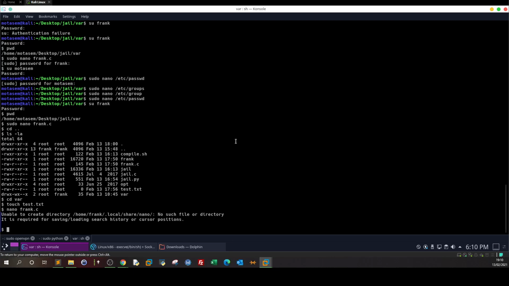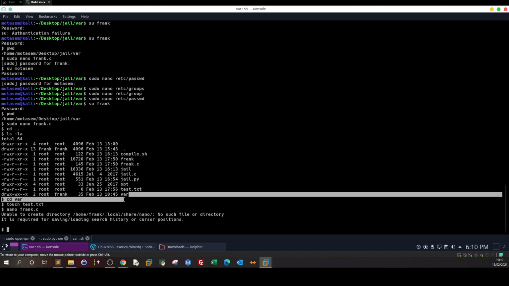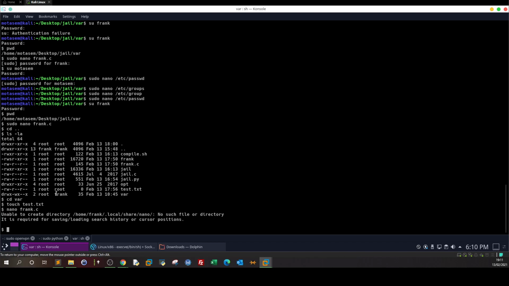So after we switch to Frank, as you can see here, the var directory, which is the shared one that has been mounted, has Frank that can write and execute. So we created user Frank, made sure that Frank has the UID and GID of 1000, and then we tested a file, touch.txt, from the var directory, and it worked. Now we will create